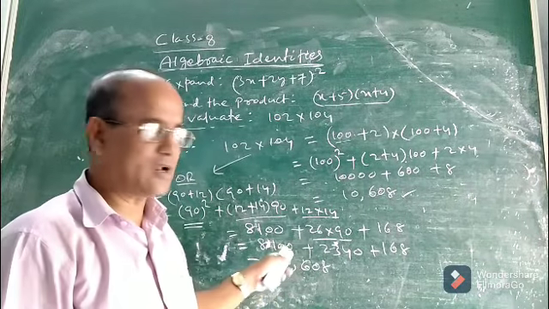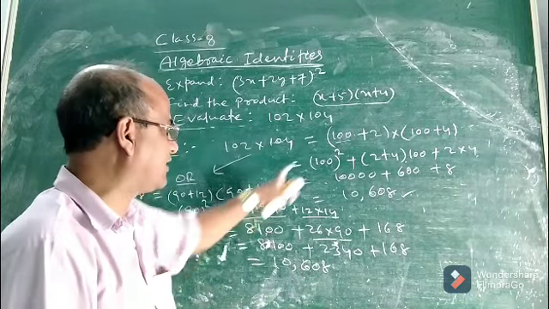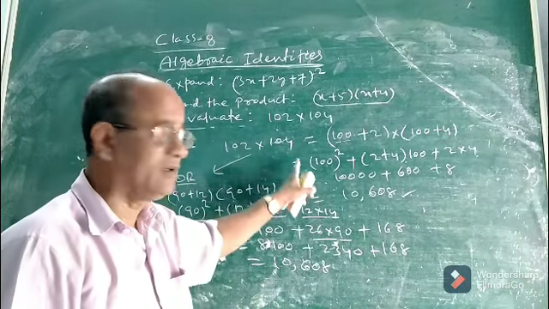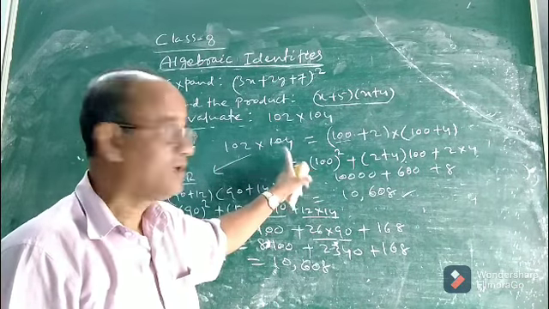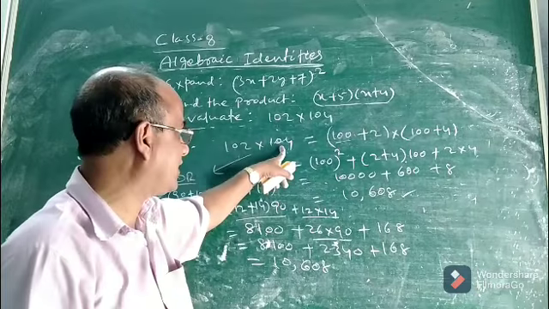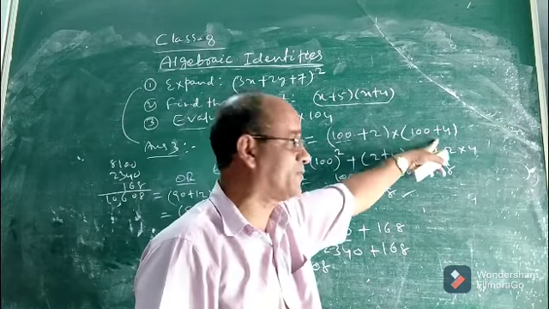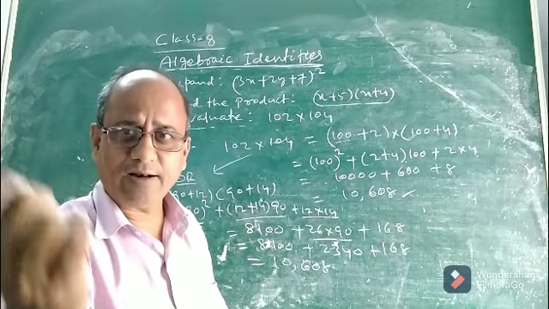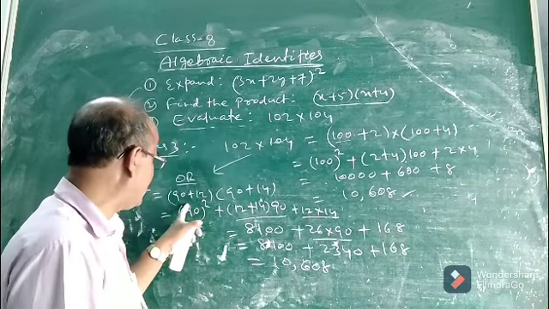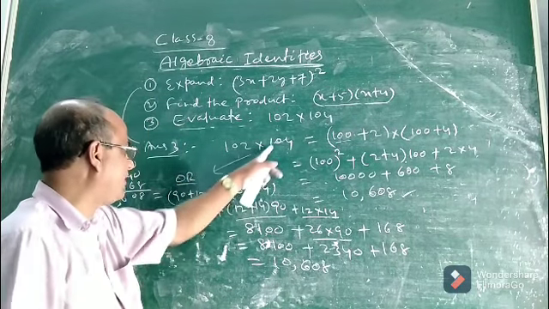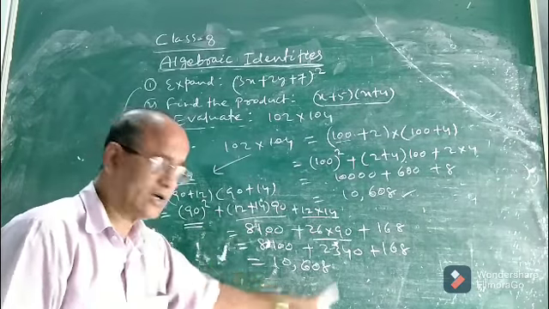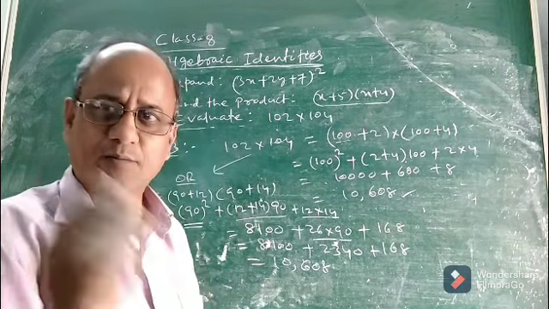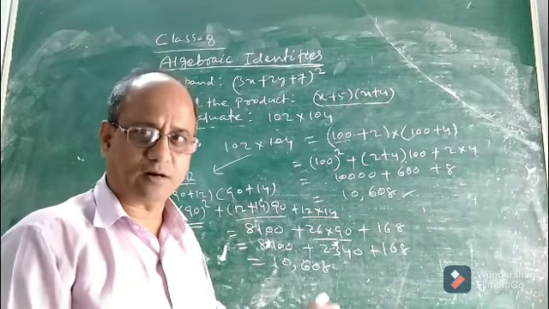See children, now you can easily answer. Now you can easily understand what is the problem in doing it this way compared to that way. Clearly this way of calculating is easier. When we break 102 and 104 as 100 plus 2 and 100 plus 4, the calculation became so simple. It took very little time. But when we broke them as 90 plus 12 and 90 plus 14, the calculation became very lengthy. It will involve a large number of multiplications, additions, etc. It will take a lot of time.